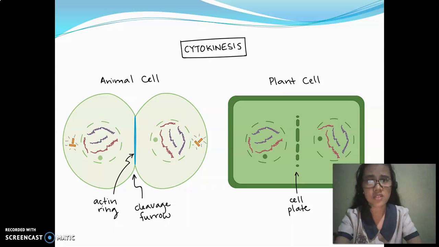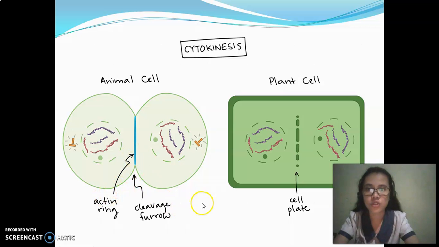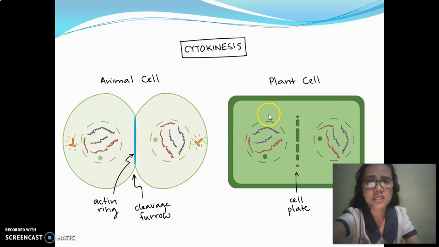Cytokinesis happens to start either in anaphase or telophase and finishes after telophase. Cytokinesis in animal cell. Here, an actin ring around the middle of the cell pinches inward, creating an indentation called the cleavage furrow. The plant cells, on the other hand, can't be divided like the animal cells because they have